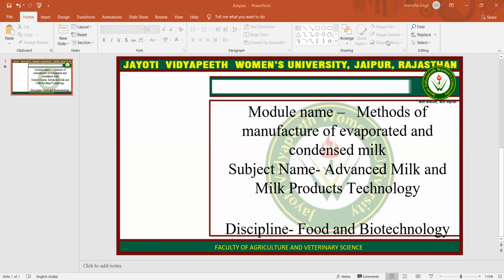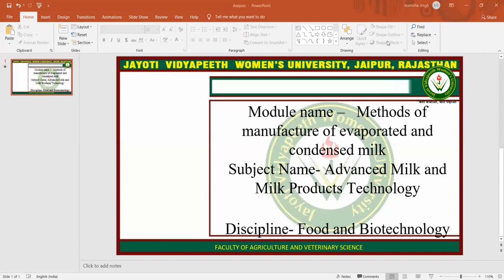After the pilot sterilization test, there is a step known as packaging. The cans are filled with volumetric fillers, and the glass can is able to withstand the pressure and is airtight. The temperature of the evaporated milk when filling the can should be around 5 degrees Celsius. Higher temperature causes foaming, whereas lower temperature causes flipping.